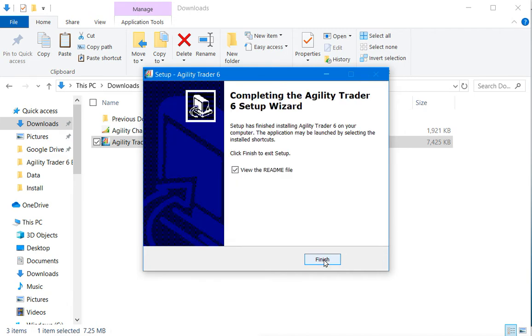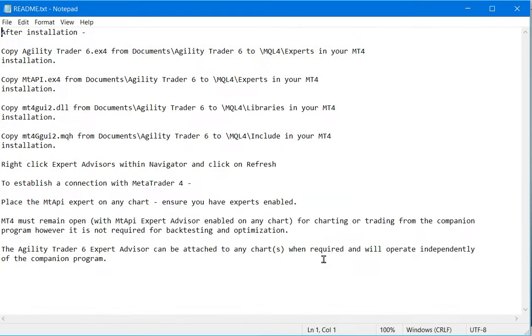So the program has now gone ahead and been installed. When you click on the Finish button, the README file will automatically open. I draw your attention to 4 files which you need to copy from the installation directory into your Metatrader 4 installation. To save time, I won't go ahead and do those transfers now, but we will make reference to them